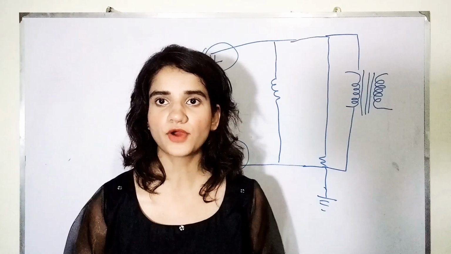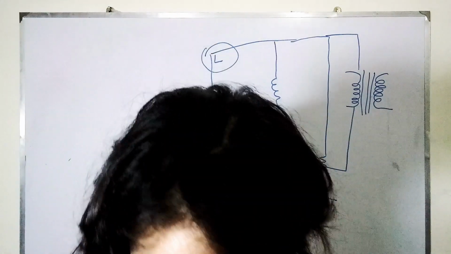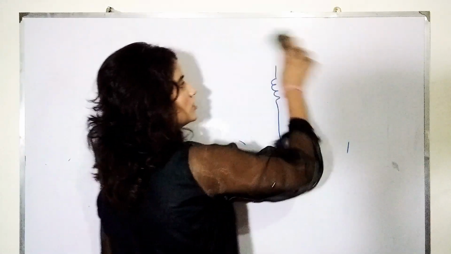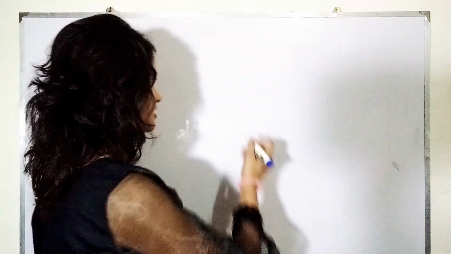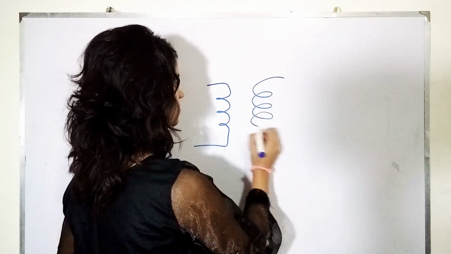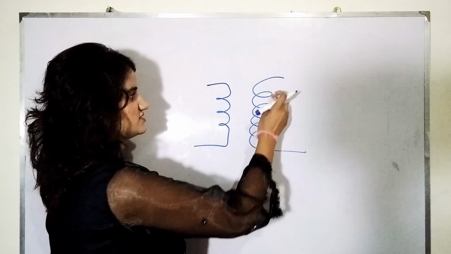The second and very important function of the transformer is that it can alter the voltage. Now it is really crucial to know how it can alter the voltage. For knowing that, we need to know that in the primary and secondary coil there can be different turns, and these turns can increase or decrease the EMF in the primary and secondary coil. For this principle, you should notice that this is the primary coil and this is the secondary coil. The number of turns in the primary coil is 3 and the number of turns in the secondary coil is 5.